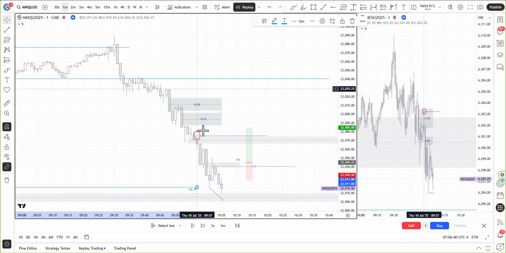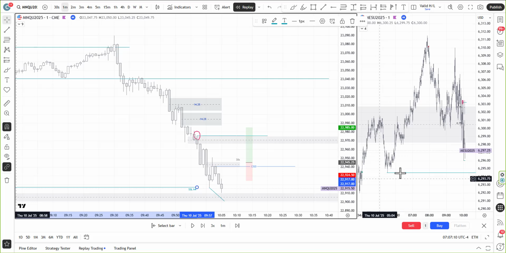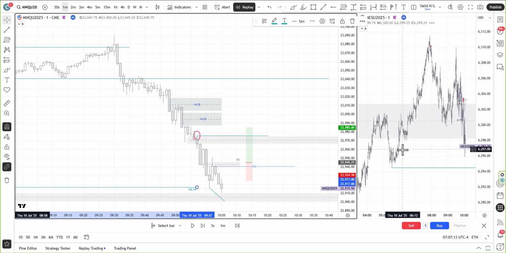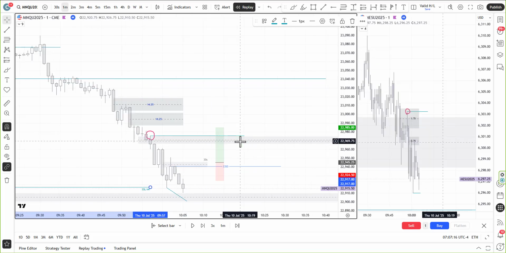But on the 1 minute, as you can see, these are 30 seconds, or this is actually a 2-minute level. There were no levels, only levels here. And I got some ideas in my mind that resulted in taking a trade without proper foundation. Because what I normally want to see is high time frame context, which was in place, right? So there was a 4-hour level, there was a 4-hour gap, there was, I think, also an SMT, if I'm not mistaken. Yes, there was also an SMT because this level was taken, or not, I'm not sure, doesn't matter.